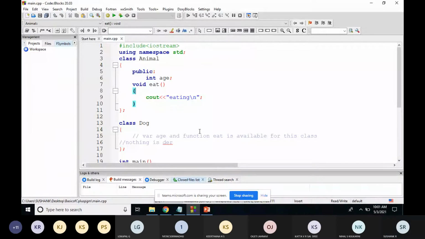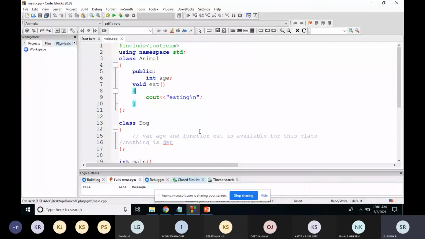We also studied five types of inheritance in C++: single, multi-level, multiple, hybrid, and hierarchical. We studied what inheritance is and how to use it.